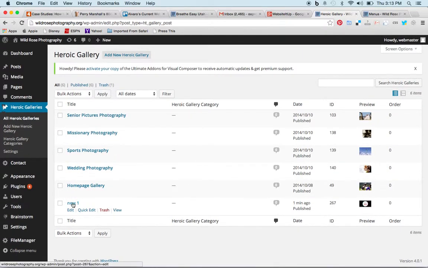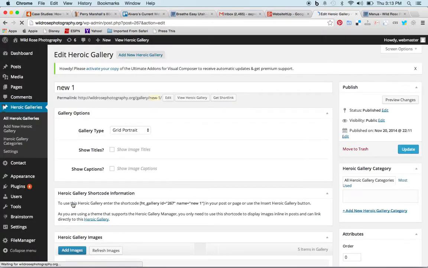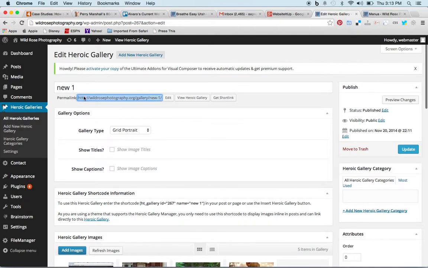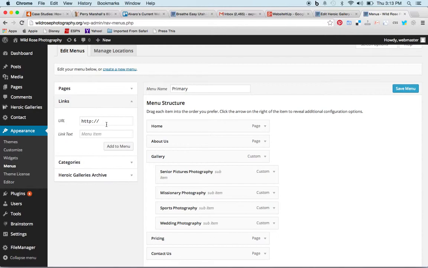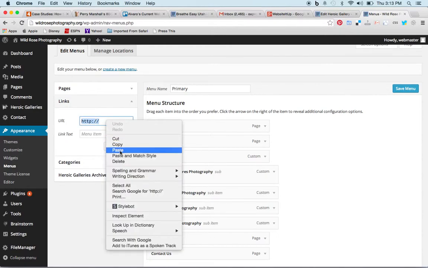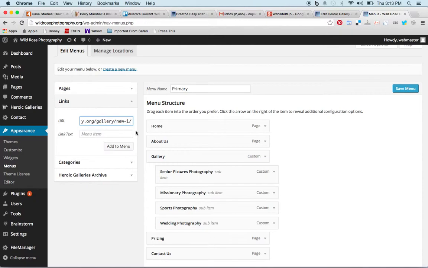So I would come over here, click on New One, and you can see it created this new link. So for instance, if this was basketball images, it would be gallery/basketball-images, or whatever you call this. So I would actually copy this, and then I would go back into this Menus, and I would select a link here, and I would paste that same link, and then I would call it New One, or obviously if it was basketball photos, you call it basketball photos. Click Add to Menu,